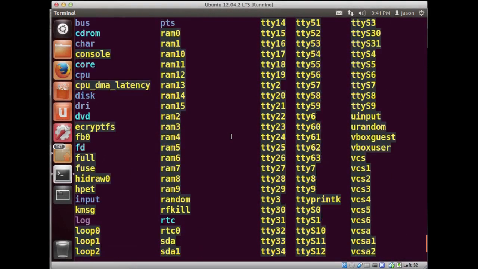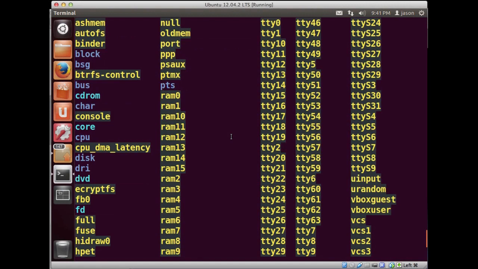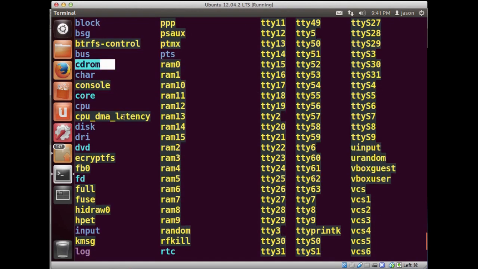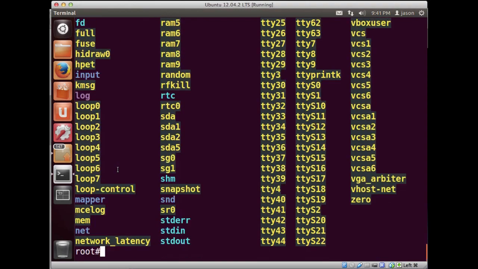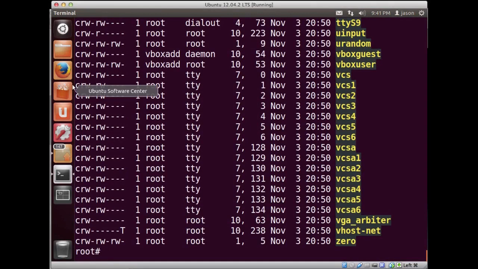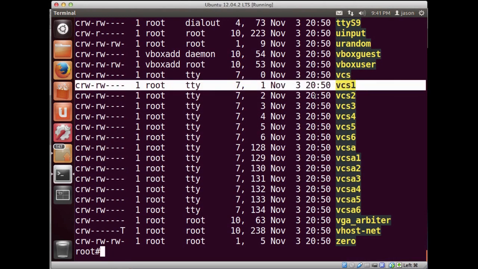We're just going to look at what the directory looks like. This is the /dev directory, and if you notice, there's a lot of stuff in it. If we scroll down, there's a lot of things named TTY. There are some things named RAM, but some of these things should look a little bit familiar. You see CD-ROM, something called console, disk, DVD, and basically these are components created again by the kernel at runtime. What you're going to notice is that unlike normal files where we'd see a dash, or directories where we'd see a D here, this specific component has a C